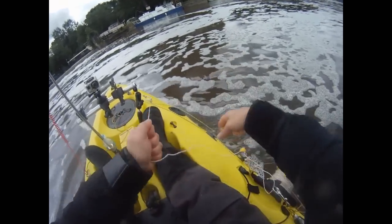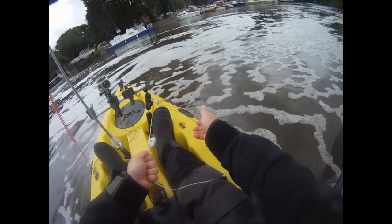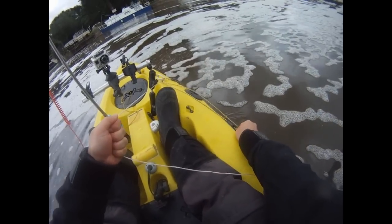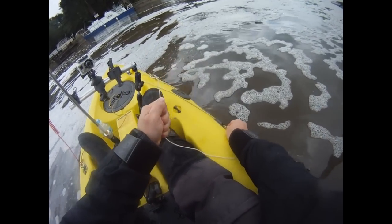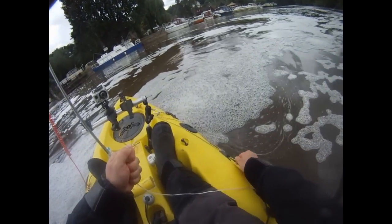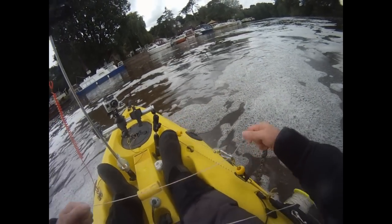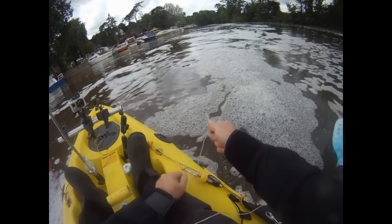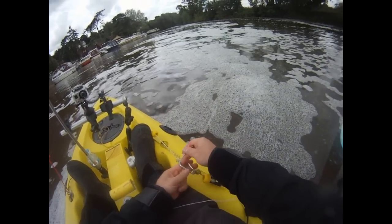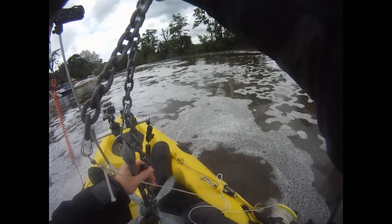And here we go. And again, if you're stuck on something, then your quick release should release at this point when you give it a sharp tug. Right, now one hand on the anchor warp, you can see the chain that's just appeared. Release your trolley and pull it back towards you at the same time. So now you've got hold of the chain, unclip the anchor warp, pull the anchor on board,